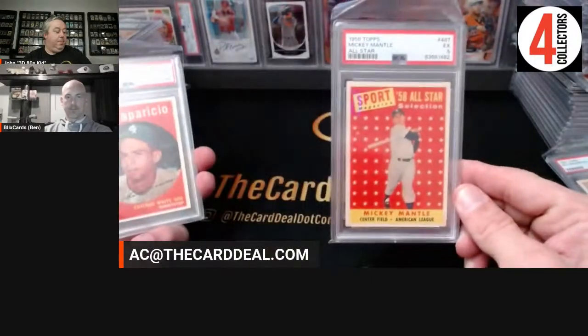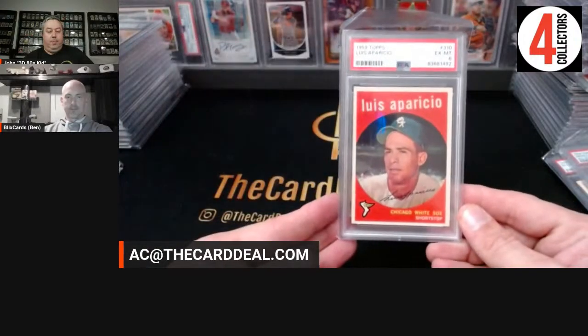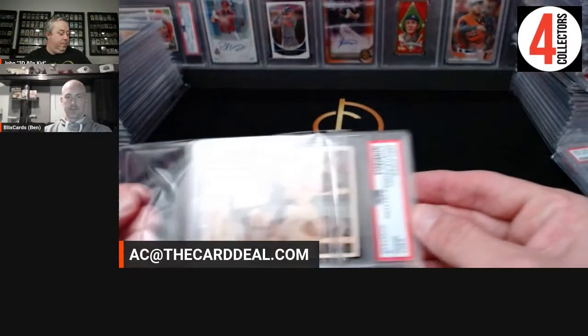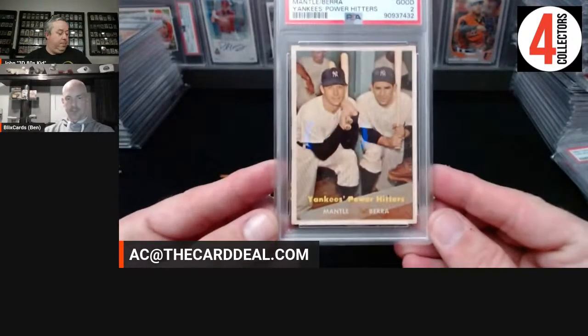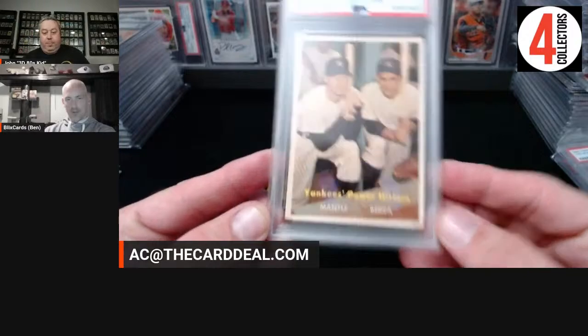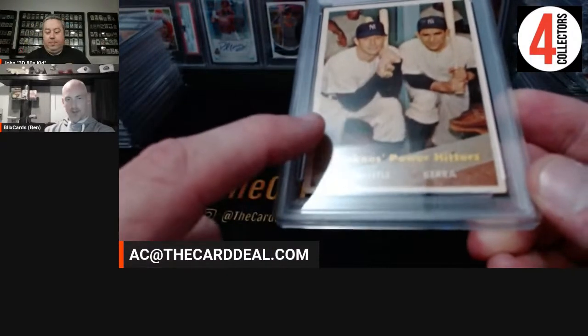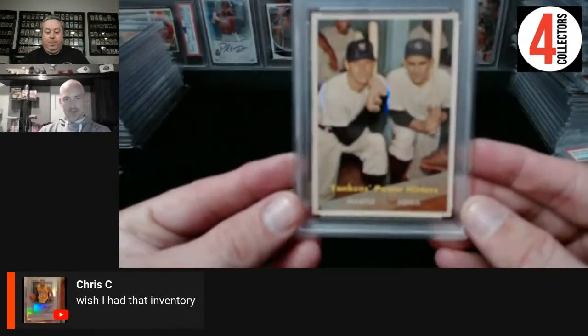There's another All-Star Mantle in a 5. 59 Aparicio in a 6. This is an amazing card, amazing copy. From a foot away, it looks amazing, but let me see if I can catch the glare right here. Two big wrinkles from here to about here. But you hold it upright,